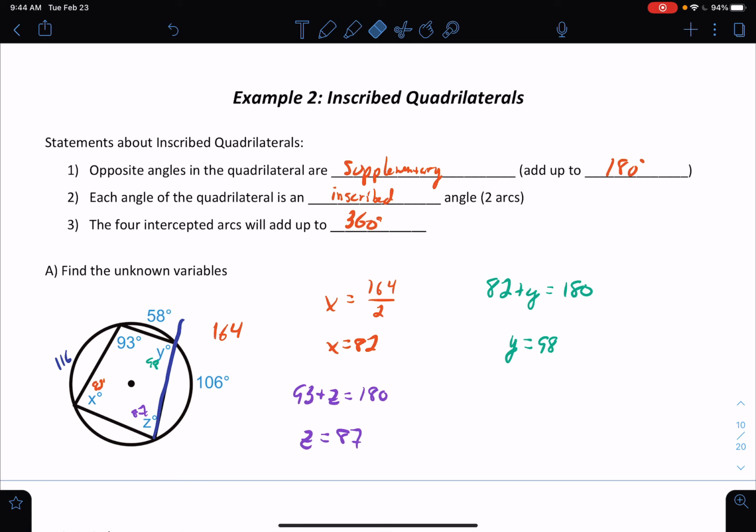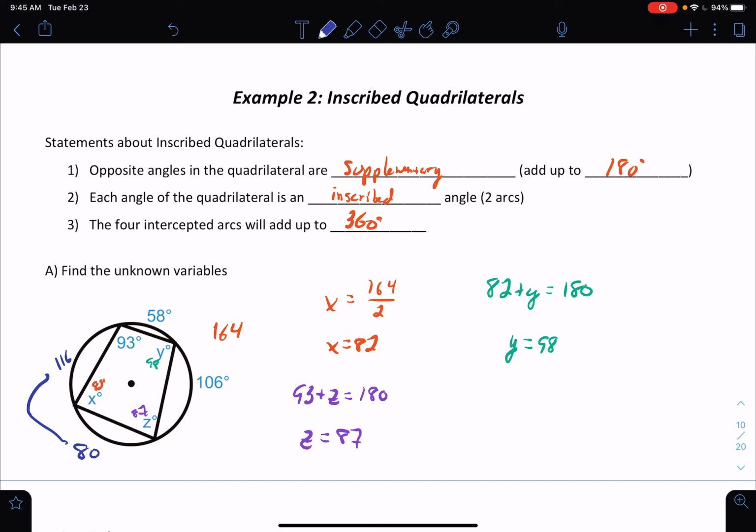And then we know 3 of the 4 arcs. So 360 minus 116 minus 58 minus 106 is going to give us this missing arc of 80. And we can double check that. 80 plus 116, if I add these 2 arcs together and cut that in half, I get angle y,